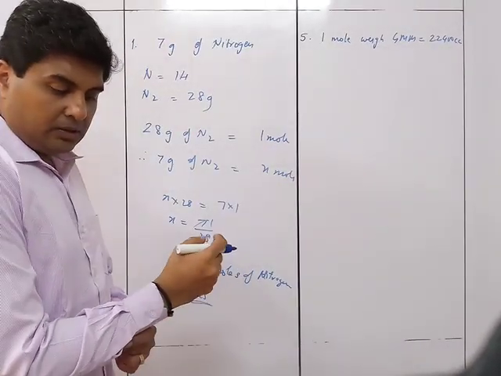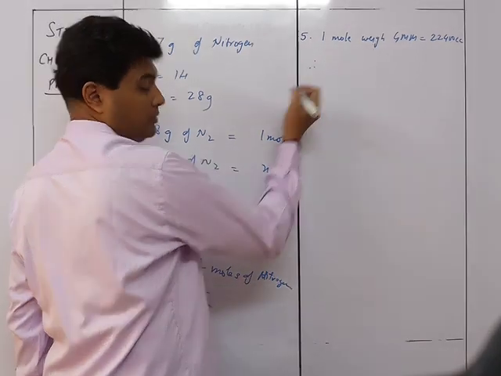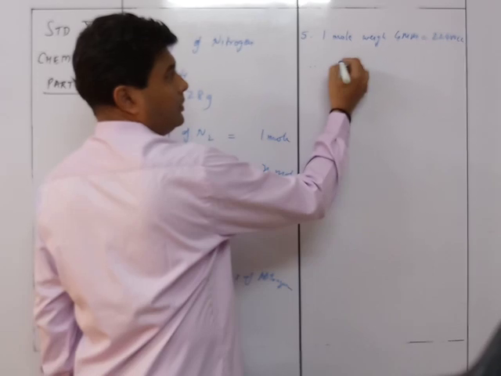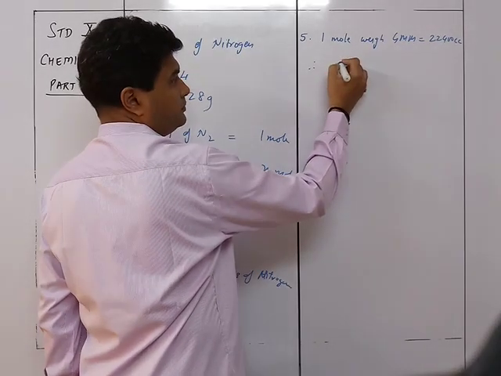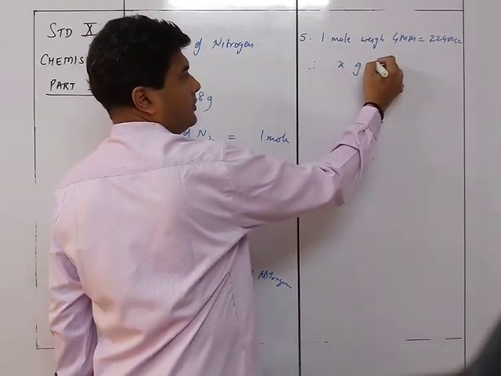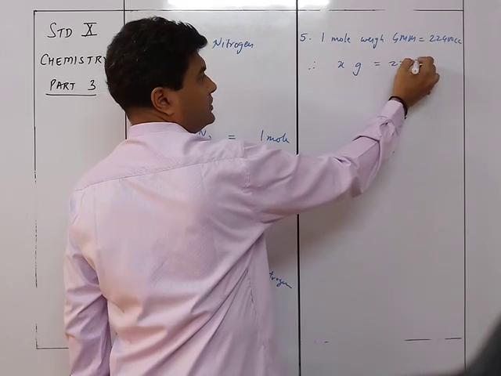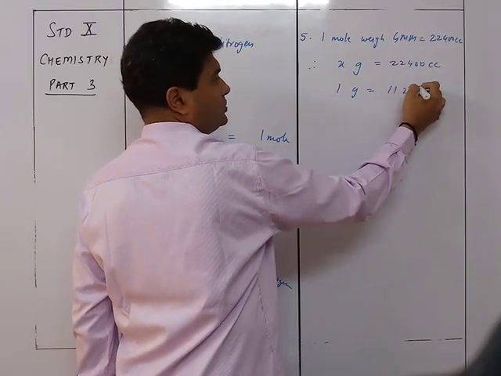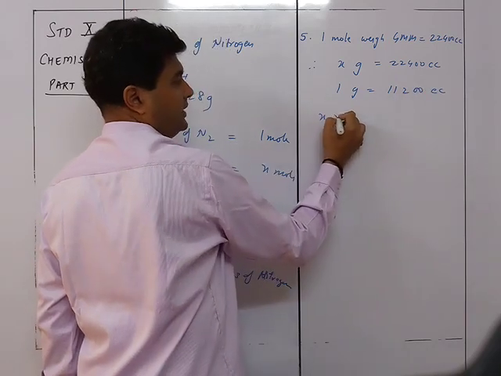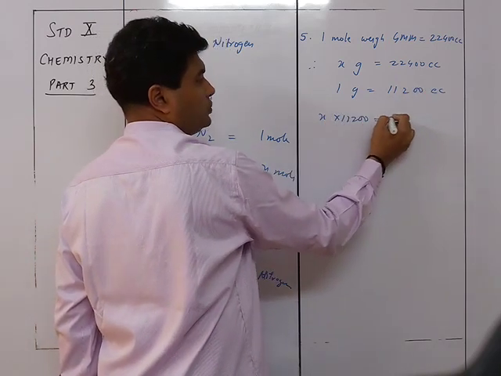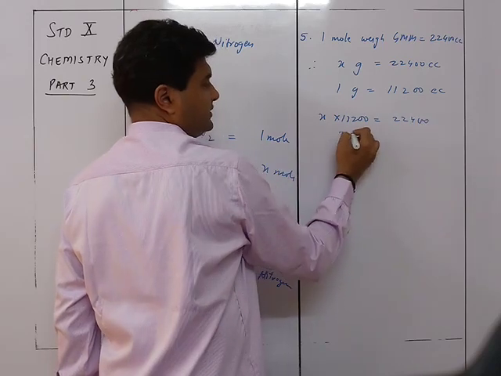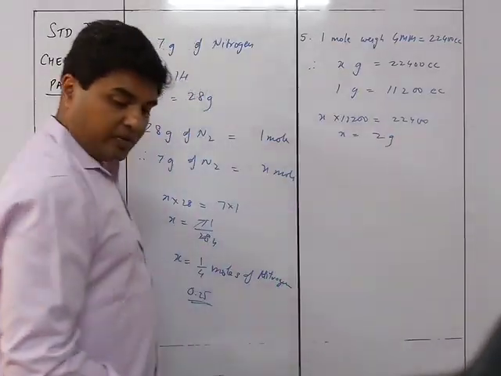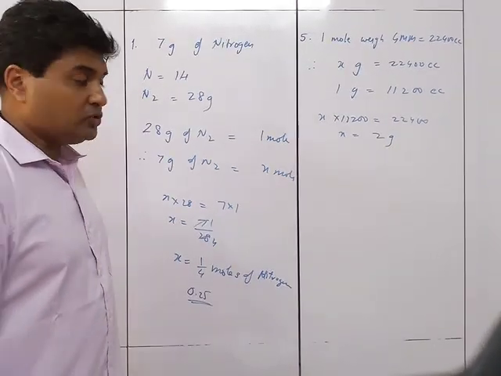Therefore, you know over here 1 gram, so therefore X grams is equals to 22400 cc, where 1 gram is equals to 11200 cc. Therefore, X into 11200 is equals to 22400. So X is equals to 2. So therefore 2 grams. Okay. So we know over here that it is 2 grams. So atomicity,